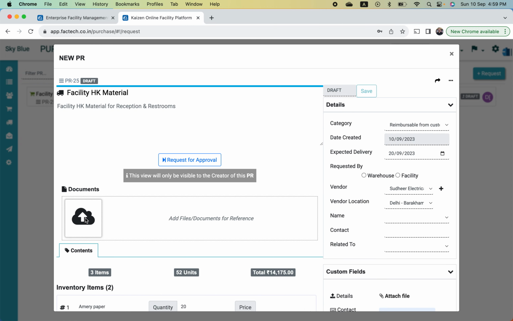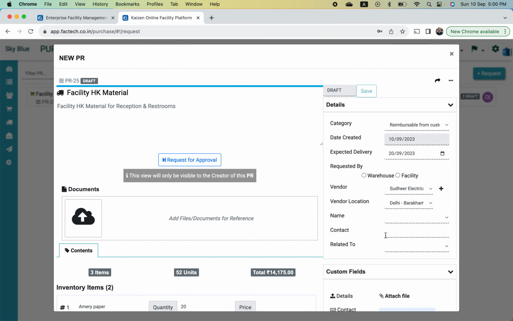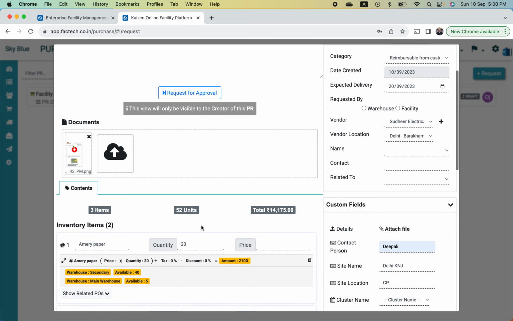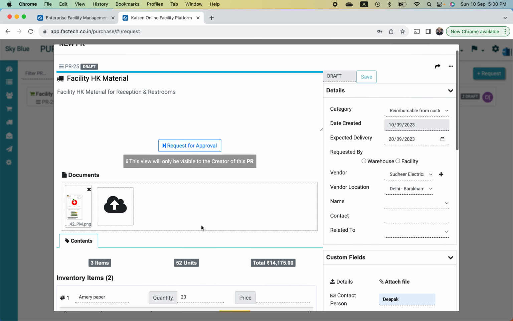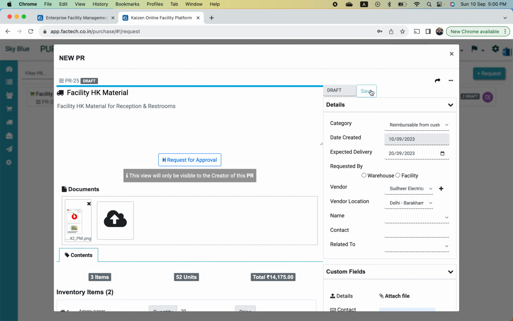If we want to upload documents, the moment we make it draft stage, we can upload the documents. The document option came here, so we can upload a document. Let's say this is one attachment, some approvals, some client emails, or some related material we can upload here. As per our need we can upload whatever documents we want. So this becomes very useful for the approval. Okay, so once it is there, I can save it again,